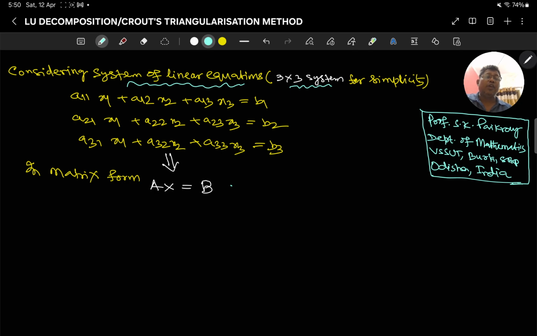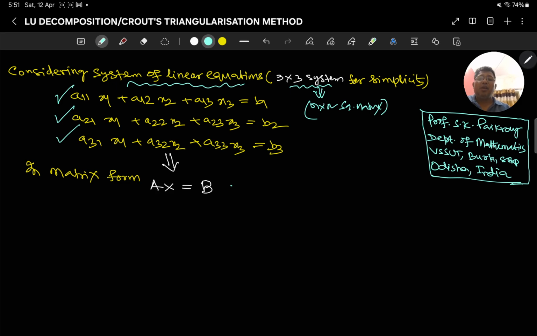Here it should be a square matrix, so m should be equal to n. It can be extended to an n cross n system, a square matrix. It should be a square matrix. So now, considering a system of 3 linear equations, in matrix form we write it as Ax is equal